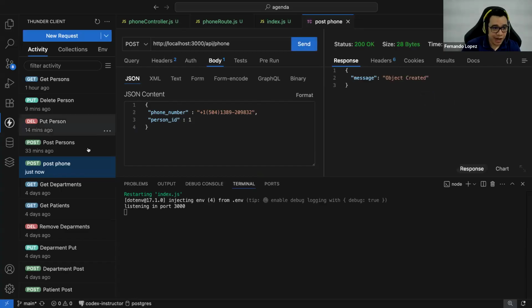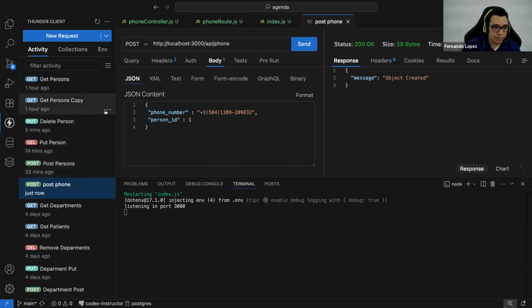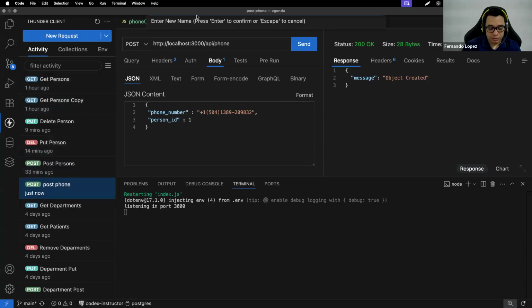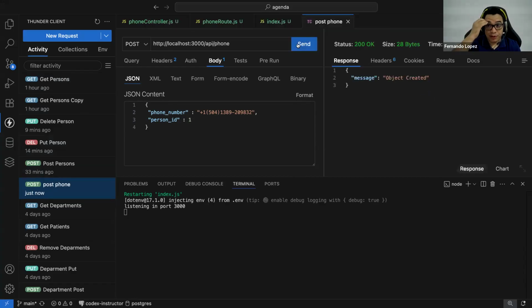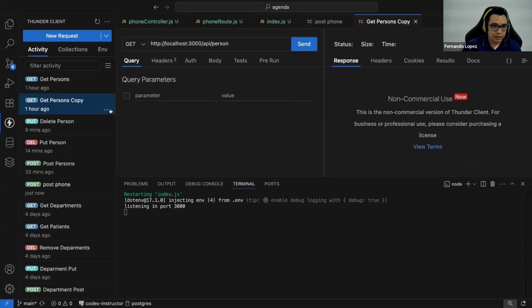The object has been created. Now let's see if we can get the phones. We are going to duplicate this one. Now this will be named as get phones. Now you will see something important here. Oh, I duplicate this one. Get person.